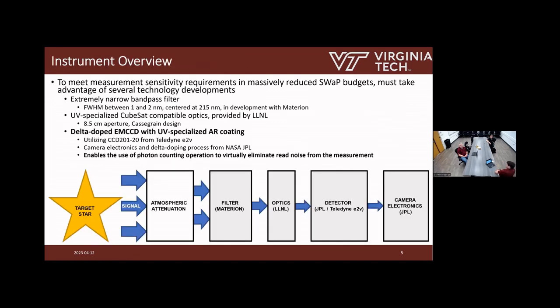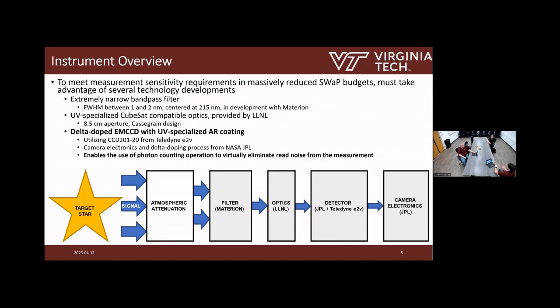This introduces many challenges in terms of the instrument design, because we are working with reduced size, weight, and power constraints, but we also need to be very sensitive to the light that we're looking at. For us, that's going to be 215 nanometers, which coincides with an absorption feature of nitric oxide. And so how we're